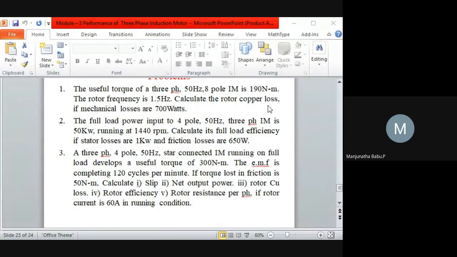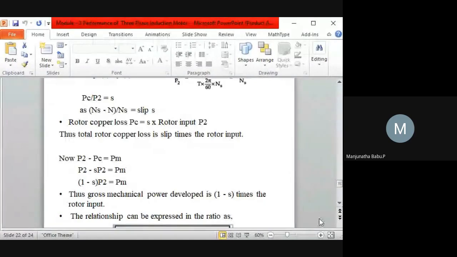PC is to be found if mechanical losses are 700 watts. So this is the data given. Now with respect to this, we have to find the total copper loss, that is the rotor copper loss. So if I go for the formula in the presentation,